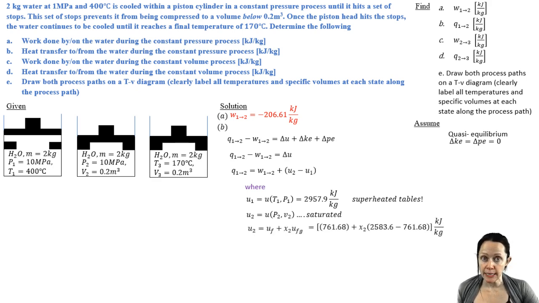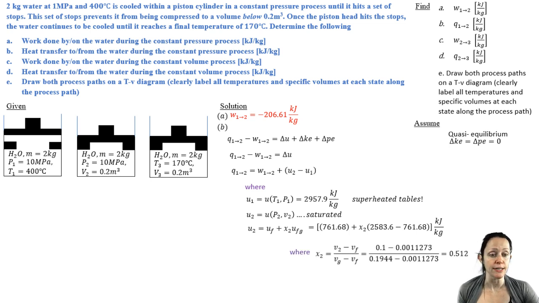So it's saturated, which means that it follows this equation right here: U sub f plus the quality at 2 times U sub fg, or you could write that as U sub g minus U sub f. So I've got my U sub f, I've got my U sub g values, and I can pull those out of the saturated tables at 10 megapascals. I need to solve for my quality, but I know that I can use my specific volume for that. So the specific volume follows the same relationship: v is equal to v sub f plus the quality times v sub g minus v sub f. So I just rearranged that equation to solve for my quality. I pull off the v sub f and the v sub g values off of those saturated tables at 10 megapascals, and I get 0.512 for my quality,